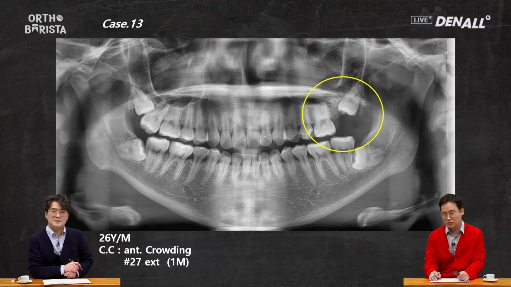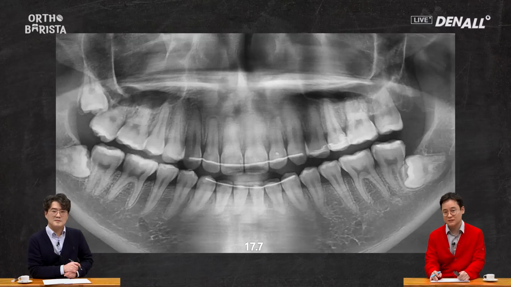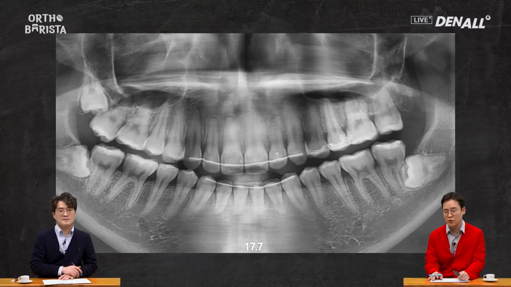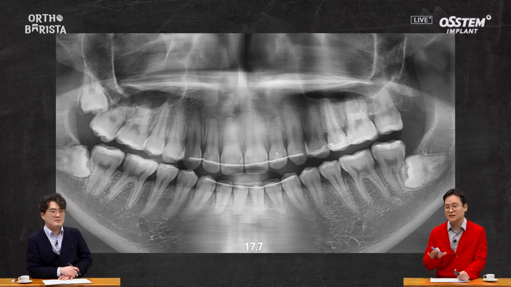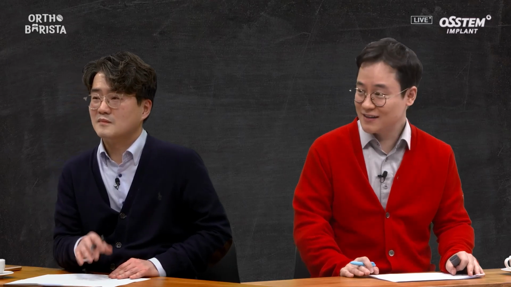You might wonder whether this adult tooth could emerge fully. Surprisingly, as I'll show in other cases later, it emerged quite well. It emerged reasonably well, though luck may have played a role. For cases where the tooth doesn't emerge, things can become quite complicated. In this particular case, the extraction of tooth 27 was necessary, which was fortunate. Otherwise, attempting to extract with the hope that tooth 8 would emerge could have made the process more challenging. The case I just presented is one where the tooth did not emerge as expected.